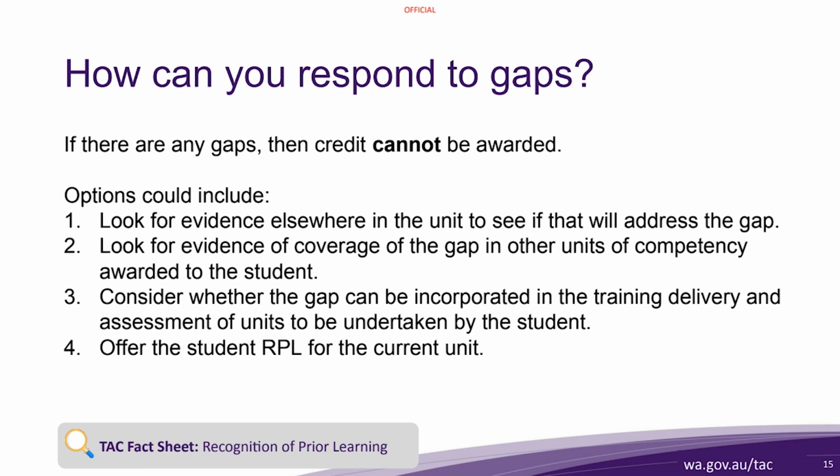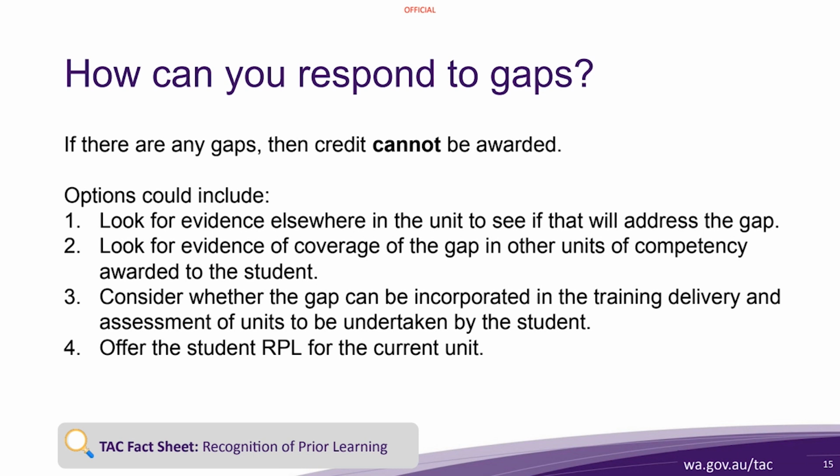So you, for example, look for the evidence elsewhere in the unit to see if this will address the gap. So if there's a performance criterion missing, would that have been picked up in the past in, say, performance evidence? Now that's a change of function because it's gone from performance criterion to performance evidence, but both of them are performance, and therefore you might well argue that that is not a significant change. On the other hand, if the performance criterion has gone and now become knowledge, then you would say, well, that is a significant shift because what they're doing with that aspect of competency is now quite different.